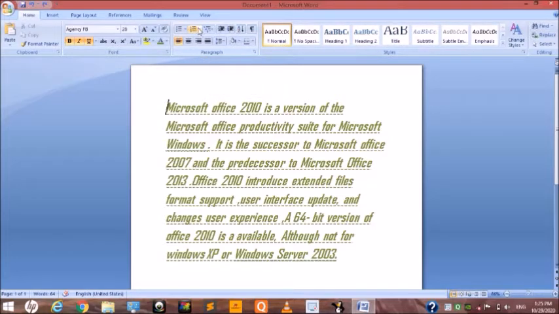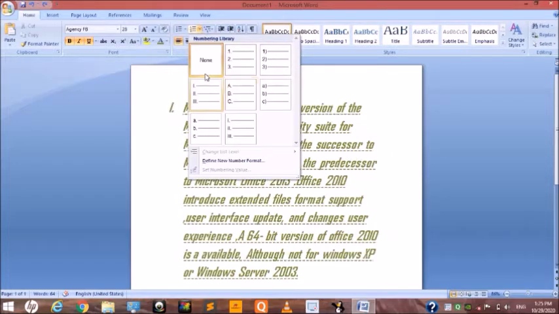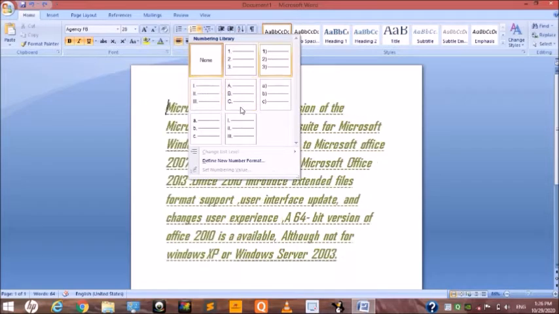This is the number option. Click on the drop down button. Immediately the numbering library will appear here. Then select the numbering style.